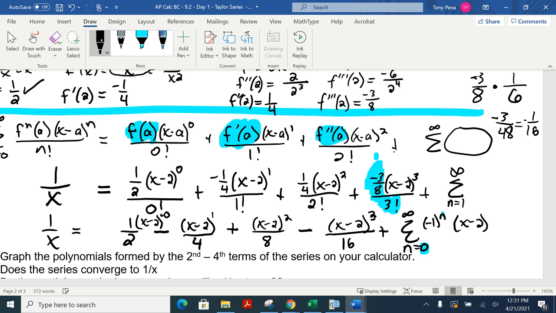And then doesn't the power just correspond to whatever n that we are plugging in? So this should just be (x minus 2) to the power of n. And then in our denominator, when I plug in a 0, I better get a 2. When I plug in the n value of 1, I better get a 4. When n is 2, I better get 8. And when it's a 3, I better,